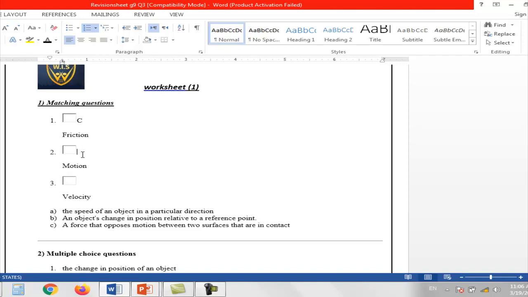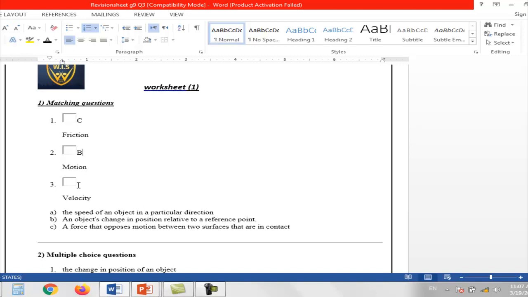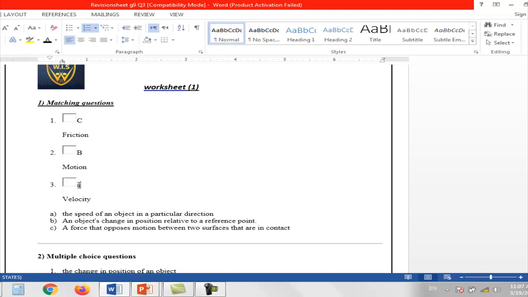So, motion. What's the meaning of motion? The speed of an object, or an object's change in position relative to a reference point. Yeah, number B. So, number 2 with B. Number 3, velocity. The speed of an object in a definite direction, so it will be number A. Okay, the second one,